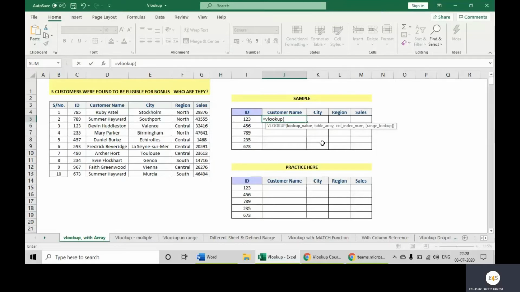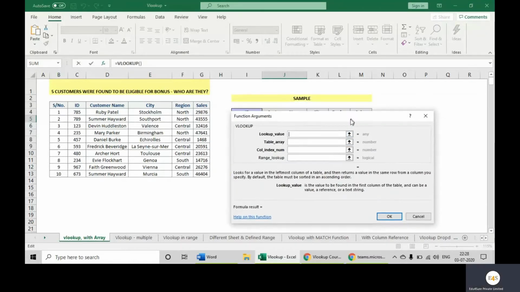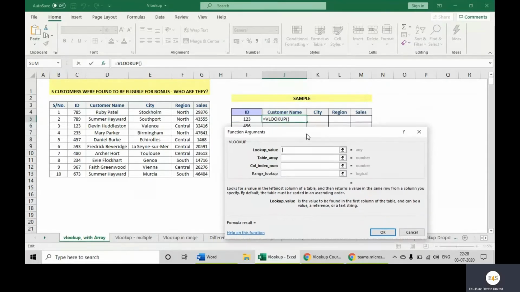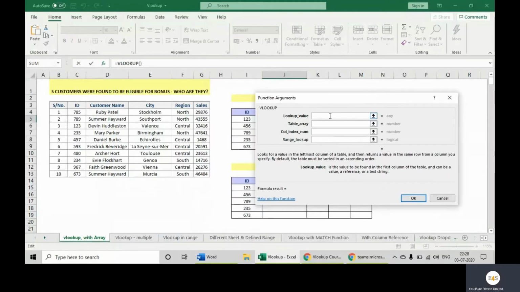Some people are comfortable writing the formula directly in the cell, and some prefer to click on this FX and enter the values in the pop-up. For people who are new to Excel, the pop-up is helpful, because when we put our cursor on a value, it gives the explanation of what the lookup value is, and in the table array, it defines what the table array is.